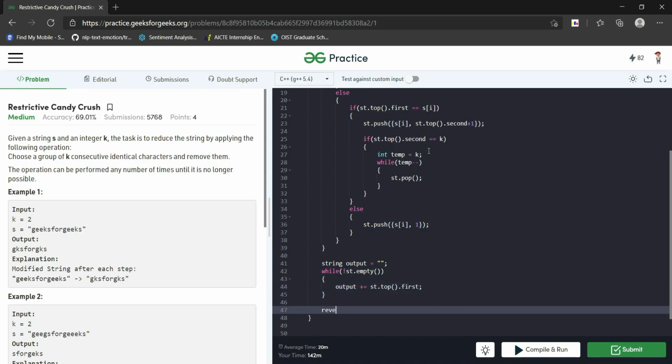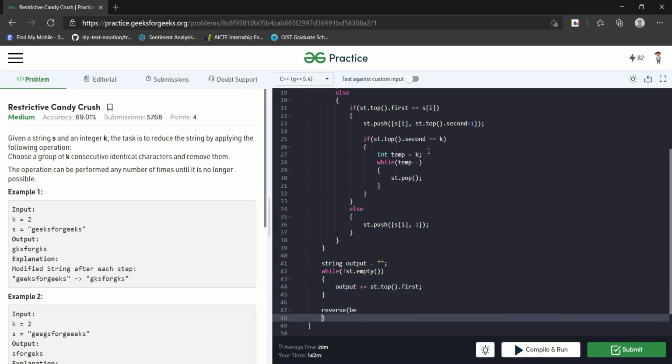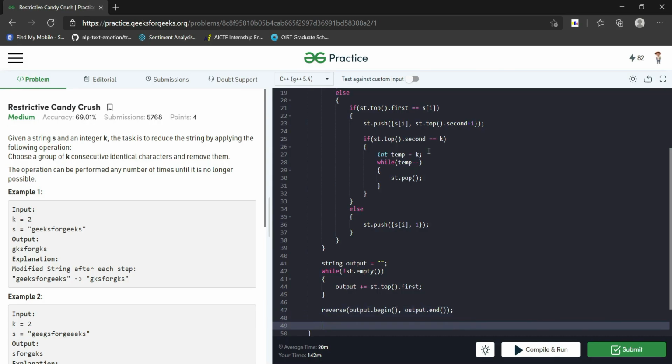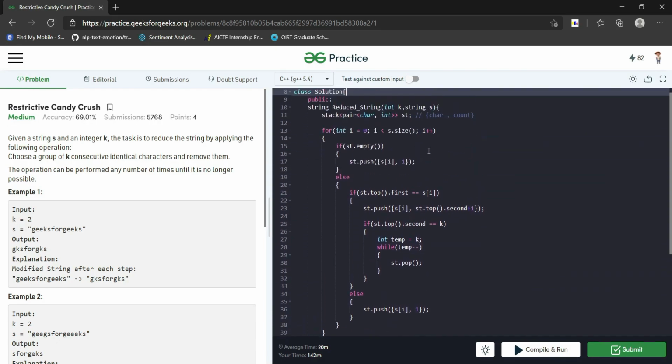Now we will reverse this output string. So this reverse function we have used to reverse the output string, and now we will return the output string. Right. So I think it is clear.